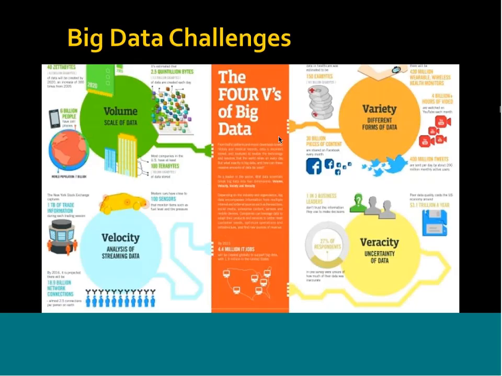So let's see what all challenges there are in order to manage huge data, right? Volume is very important to understand. If you do big data analysis for your architectural needs, you need to identify the volume or scale of data which your architecture has to handle, right? For which you have various metrics and various benchmarks that you can use in order to identify the volume which your existing architecture can handle